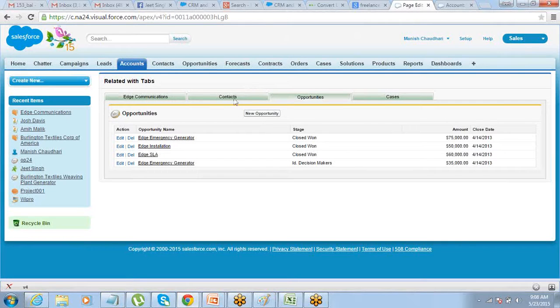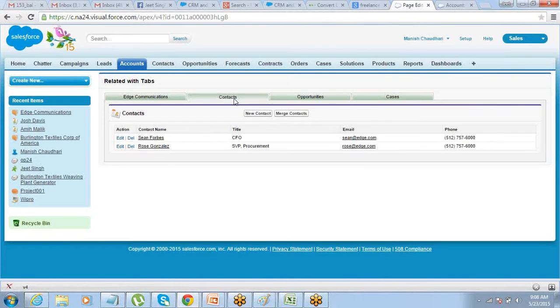Now it's more organized. You click on something and you just get to see the contacts. Even if there are 20 contacts under an account, you will not have difficulty. It's easy for you to quickly find things. Got it?